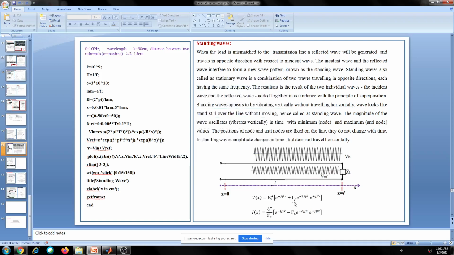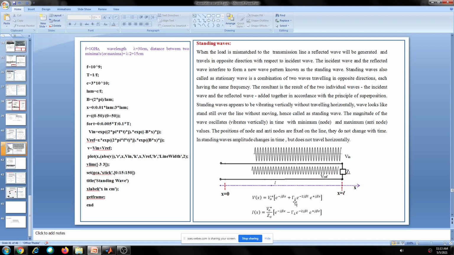For example, this is tau l equal to 0. Tau l equal to 0 means there is no reflection. Okay, no reflection means this entire term becomes 0. If it is equal to 1, then it will be e to the power j beta x, equal to the amplitude of the incident wave. The maximum value of tau l is 1, the minimum value is 0. No reflection is tau l equal to 0. Entire wave reflected means tau l equal to 1, in magnitude. It has a phase also, and it is ordered with this phase. So the phase and amplitude of this reflected wave depend upon this tau l.